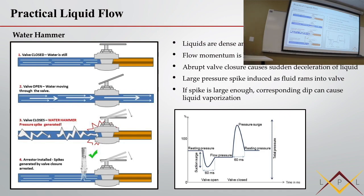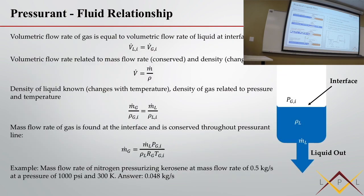I think one place we saw it was in the injector. When we opened the valve quickly, the injector experienced the water hammer. So to oppose that, we opened the valve more slowly, and that eliminated it. That's one instance where we could do that. But closing the valve may be a safety issue. Yeah, you need to close the valve. That's true. So it wasn't actually a valve closing. It was an effective valve closing: the flow travels from the valve on Hydra all the way to the injector with no resistance, then hits the injector, which is a tiny little hole, and it's like a valve closing. So yeah,